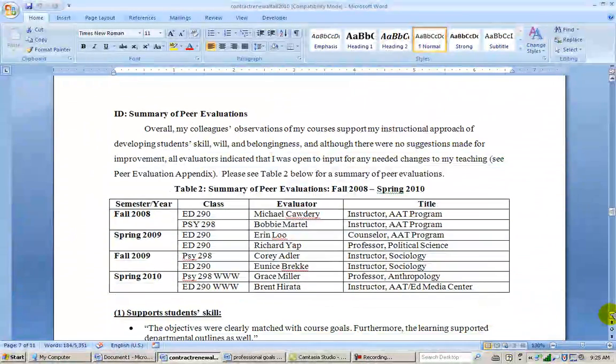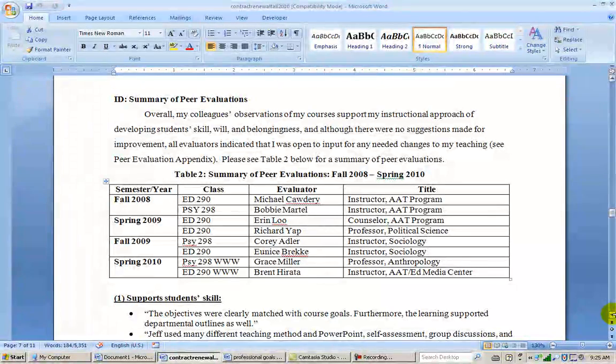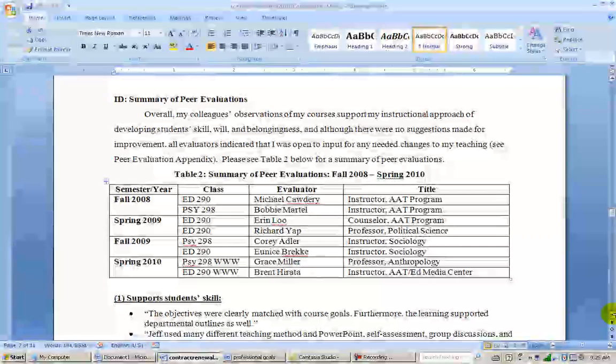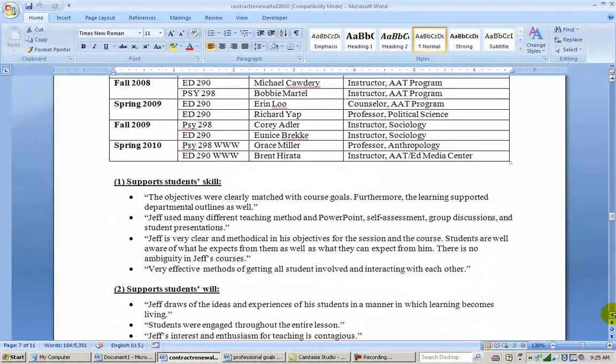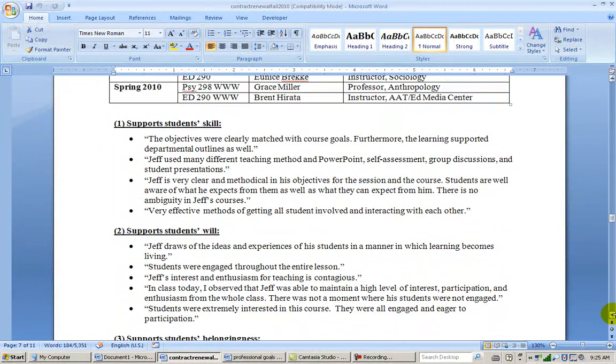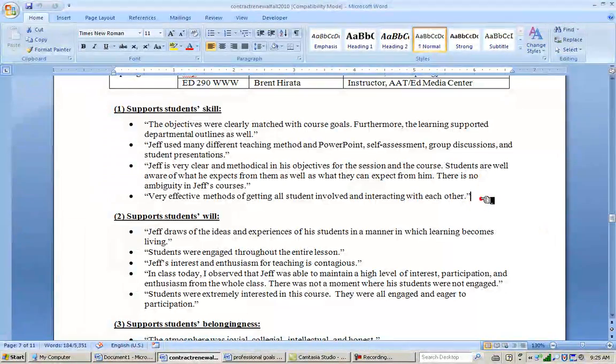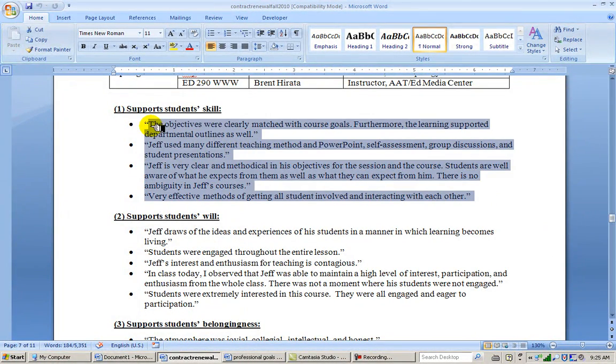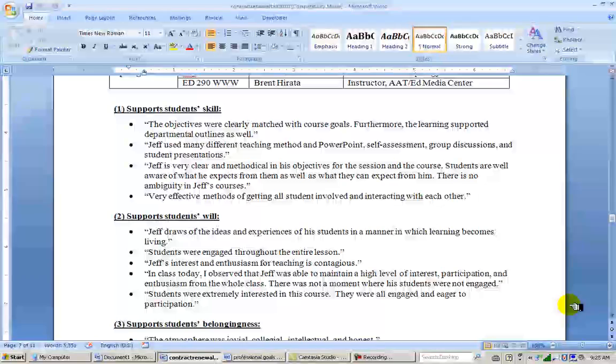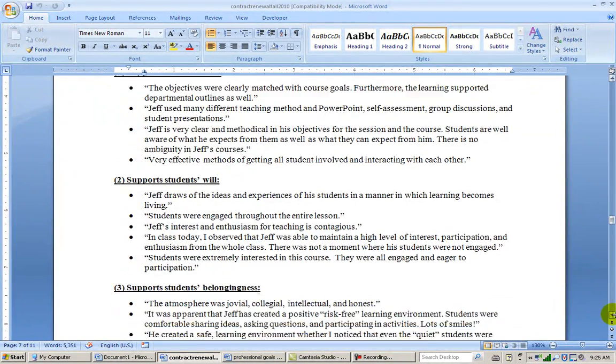believe the same thing? So I give a brief overview of who was in my peer evaluation, and I try to get folks that are in my department, but for my tenure application I'll make sure I get folks that are outside of my department, and also maybe the Leeward Community College, maybe somebody from Kapiolani who is in the same field as I am. And then I give basically quotes to show that they notice that I am supporting my students and my teaching philosophy.